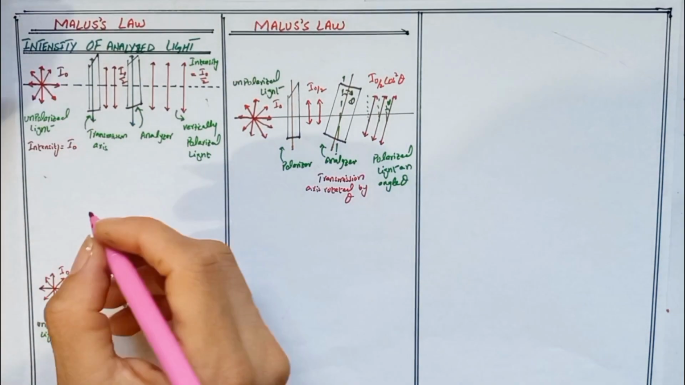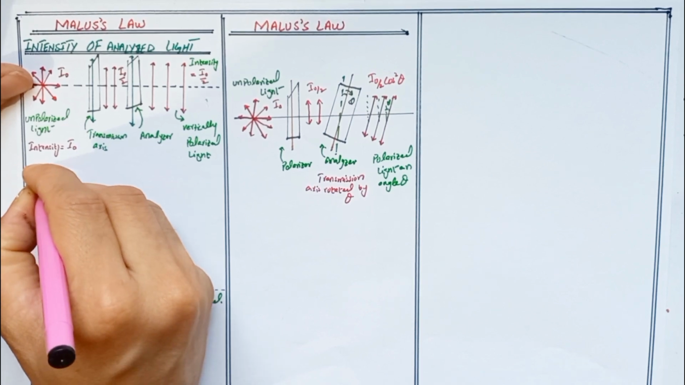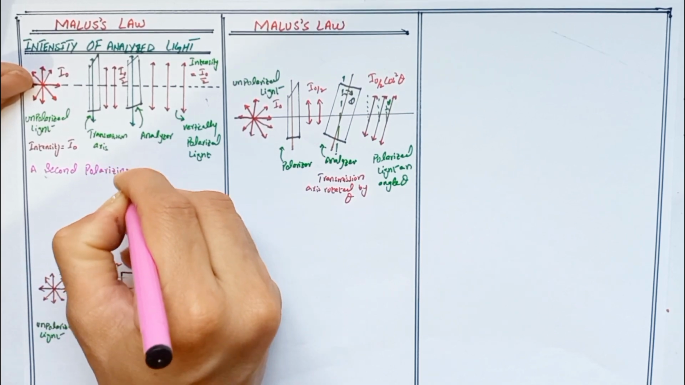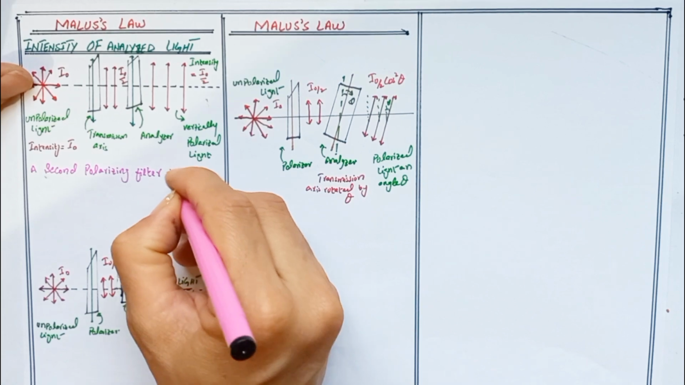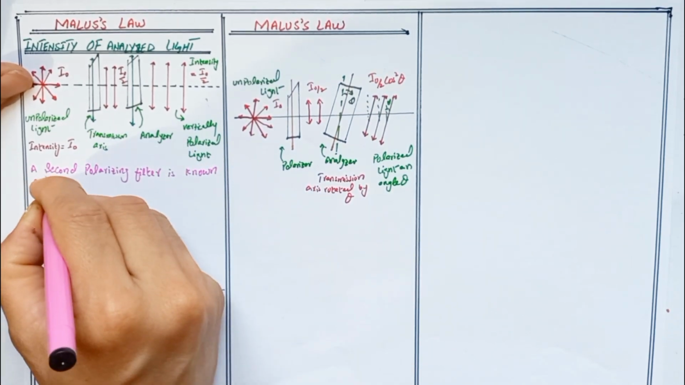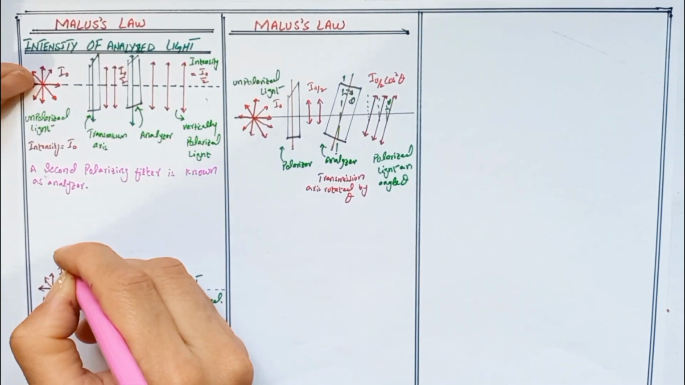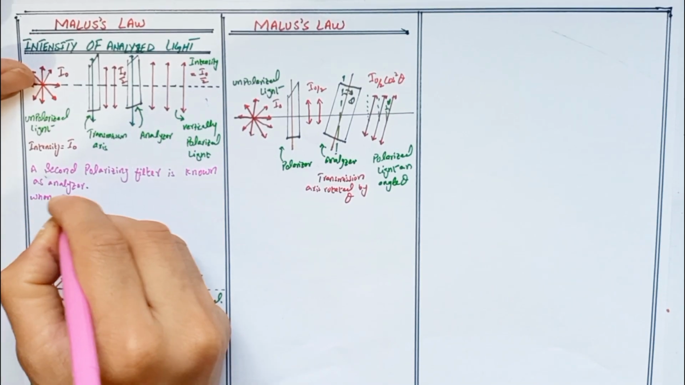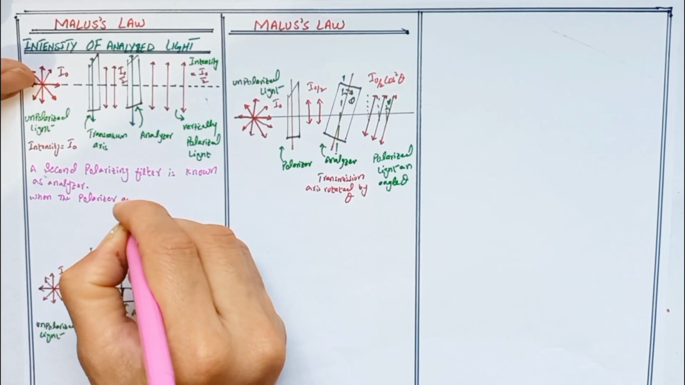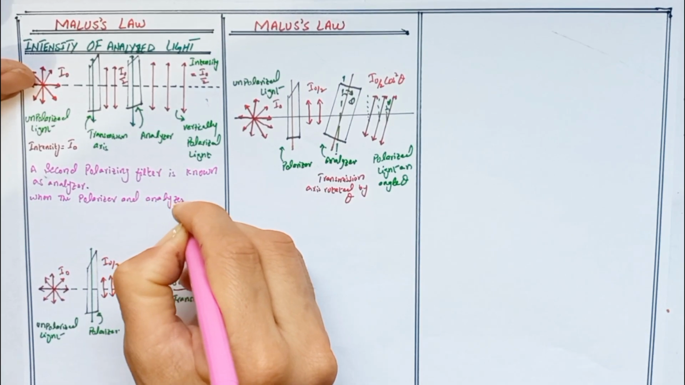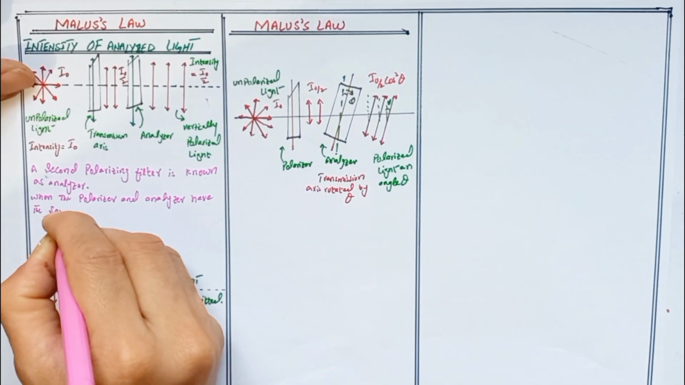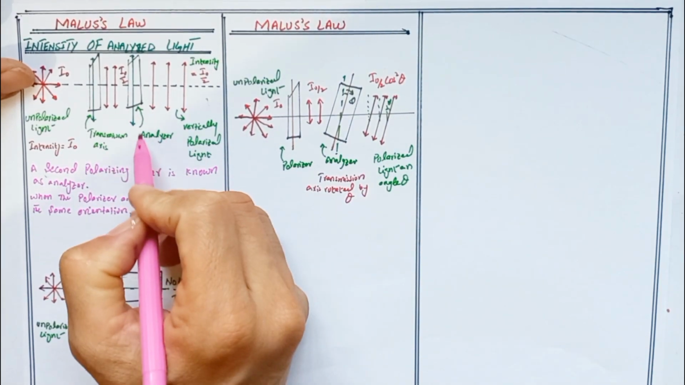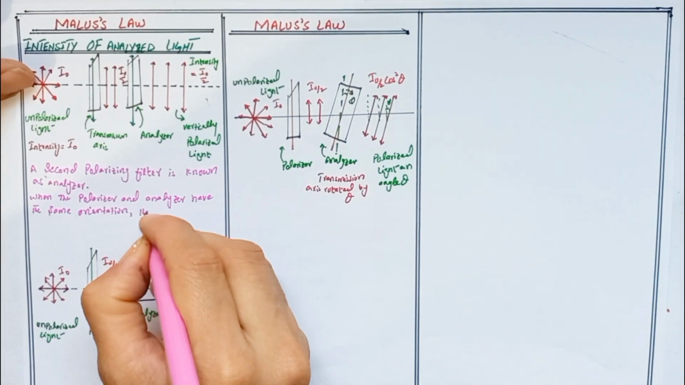So here we write: a second polarizing filter is known as an analyzer. When the polarizer and the analyzer have the same orientation, the intensity of the analyzed light that passes through the analyzer